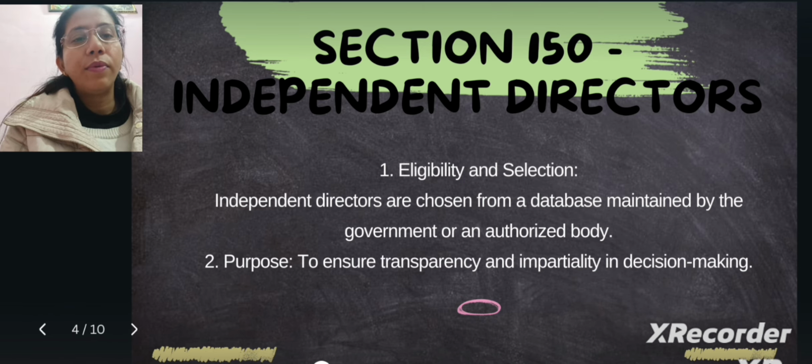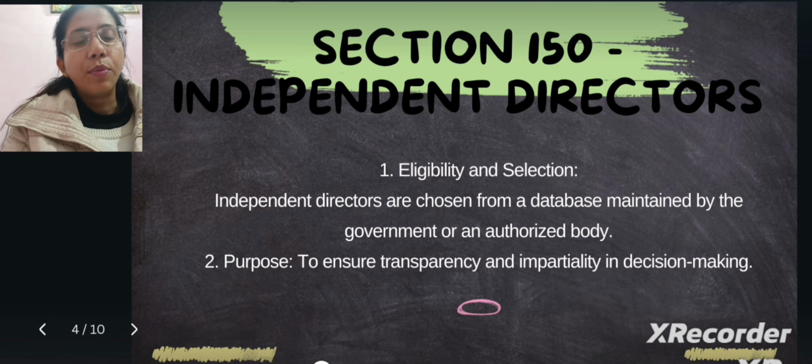How do we choose independent directors? We can choose from the list that is maintained by the government and some authorized bodies. The purpose of this is to ensure transparency and impartiality in decision making in that particular company. So we need to select from that list.